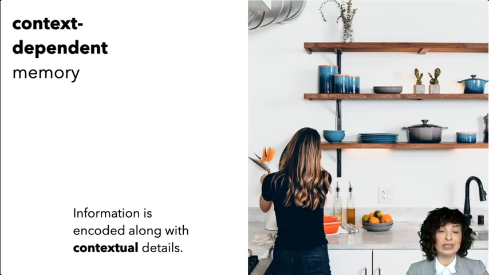When you leave a room with the intention of doing something, like you're making yourself a little snack in the kitchen, or maybe arranging some flowers, and you think, I better go set my alarm clock. And then you go in your bedroom and you're like, why am I here? And you just have to go back to the kitchen to recall it, because context is serving as a retrieval cue. This is often referred to as context-dependent memory, or another term is encoding specificity.